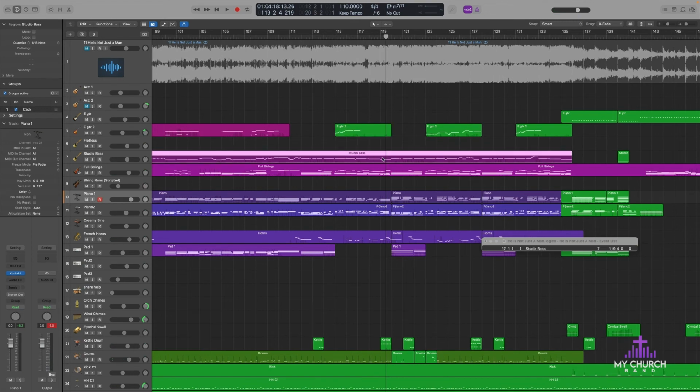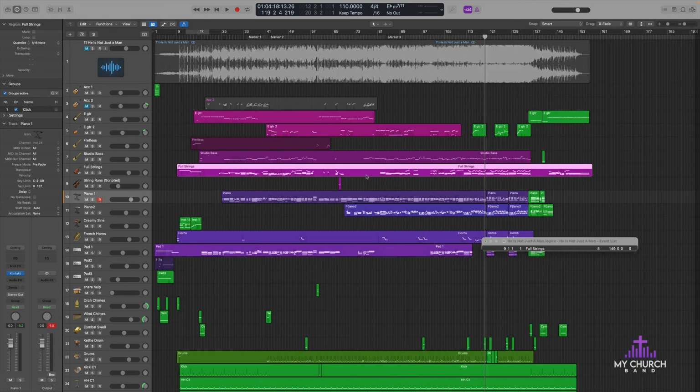The bass normally I'll have on one track unless I have some kind of crazy effect I'm trying to do, which is rare. And the strings I can probably share several tracks with them, but it's just one in this case because I actually went in